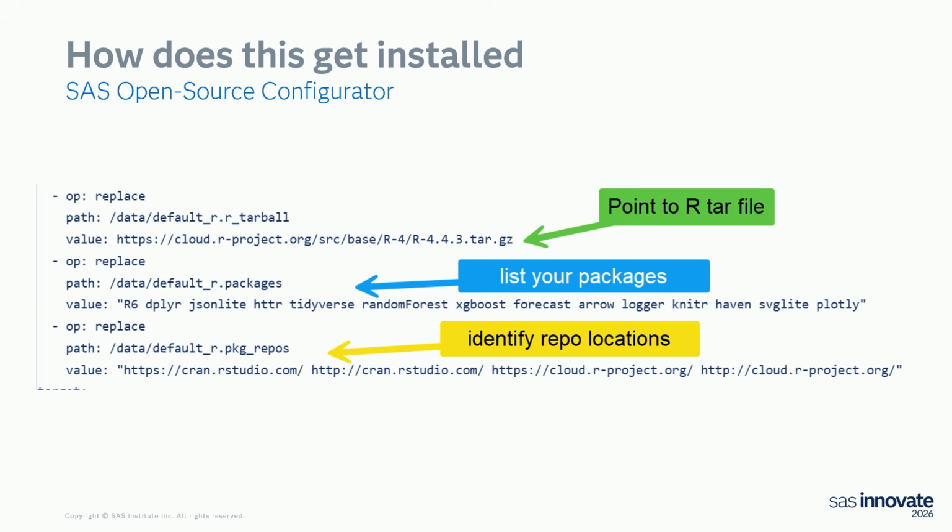And then the last thing is you can tell where the packages are. So if you have internally developed packages that some of you I know have done, if they're not out on CRAN, you can tell it, look here for packages first and then go out and look someplace else, right? So all this is done at installation when you set up the R environment. It works exactly the same way as Python. The Python stuff is 3 lines up in this YAML file, and you're doing the exact same thing, telling it where the Python is, what's your list of packages for Python, and what you're kind of doing with them.